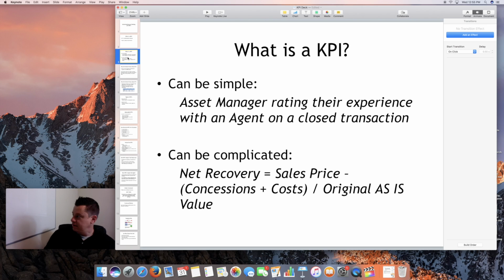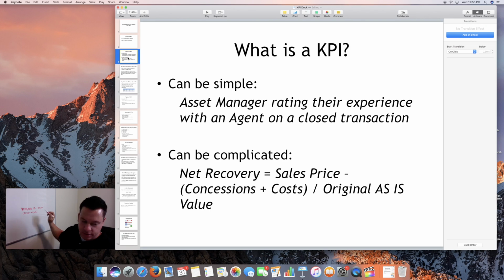So let's do a little example on the board here and hopefully we can see. If I'm at $100,000 as my sales price, I'll call that my SP, $100,000 sale price. Now I'm going to take my concessions. Let's say I paid $2,500. And to be simple, let's say all my other costs were $2,500. So now I've got a $100,000 sale price minus